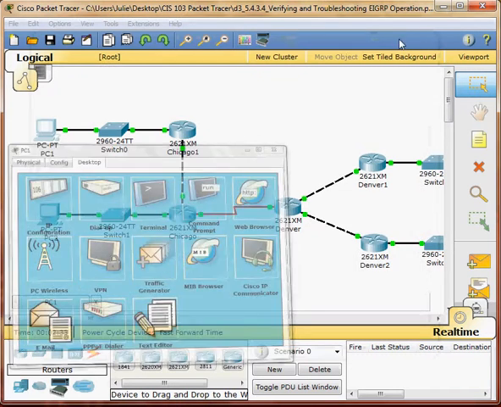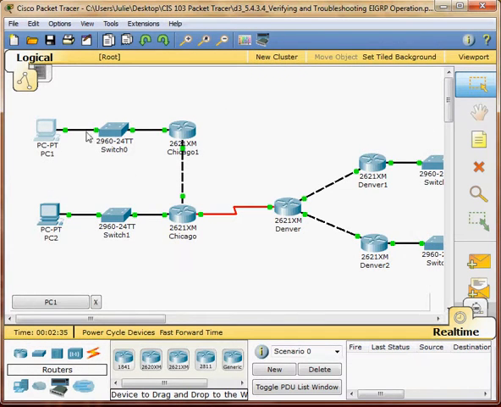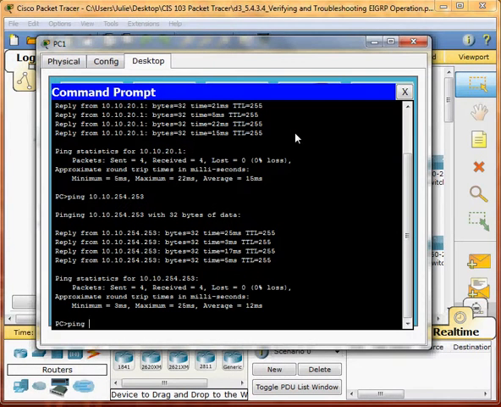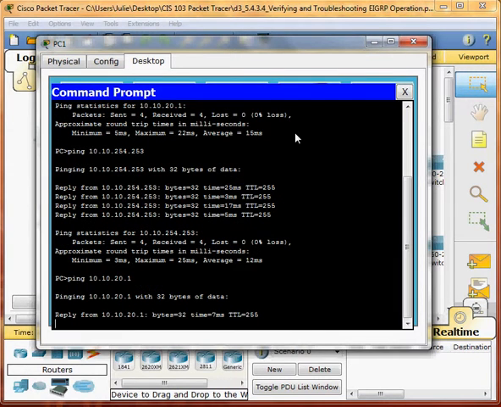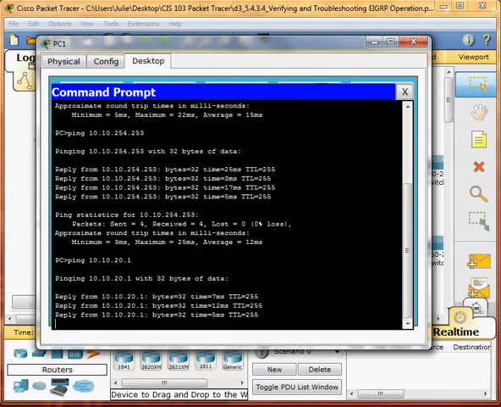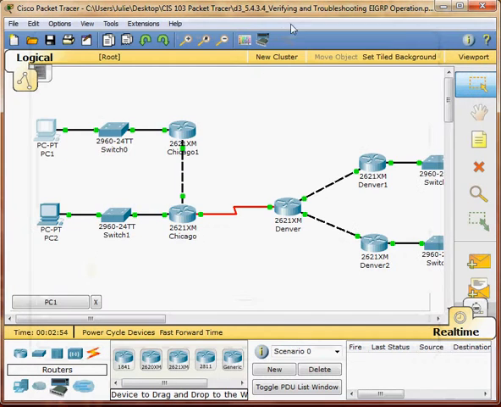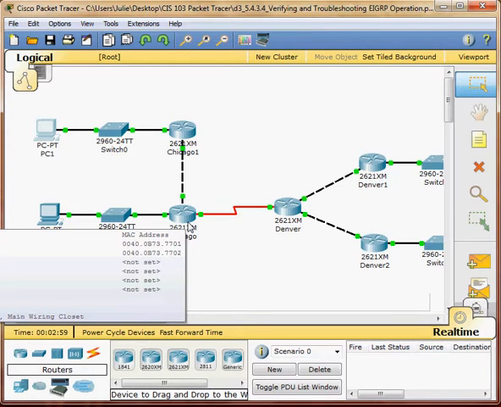From X1 from Chicago router serial is 10.10.21. Successfully pinged, and from the Chicago router on the path Ethernet 00, which is 10.10.1.